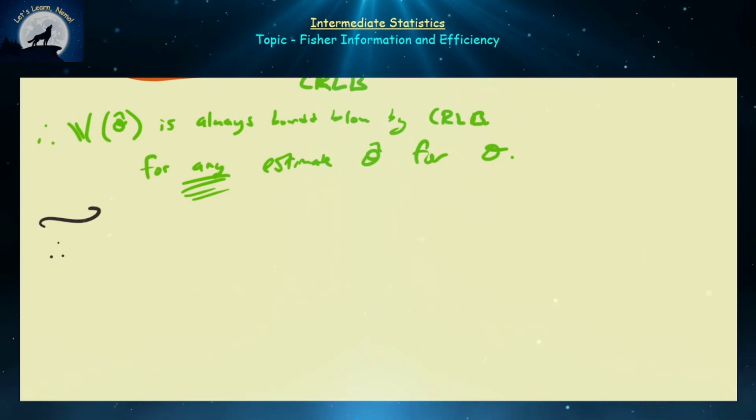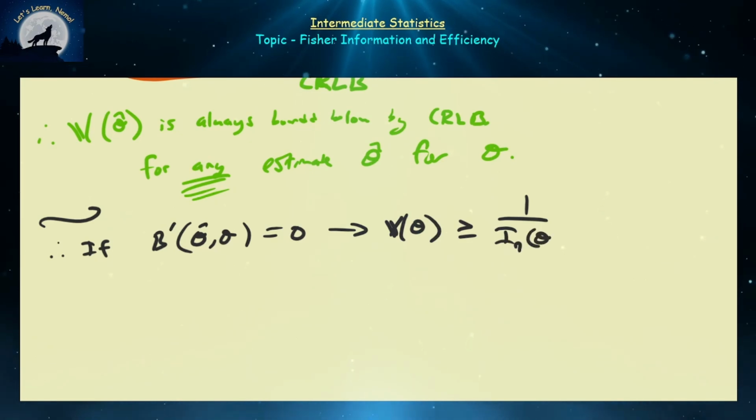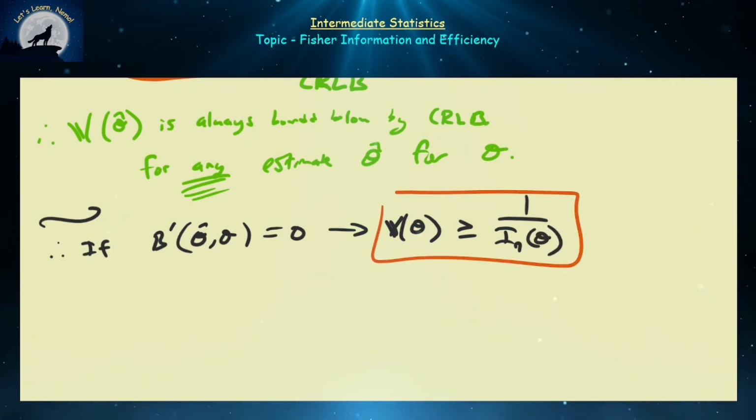Right? So if, for example, the bias of theta hat for theta is equal to 0, then this Cramér-Rao inequality simplifies to the variance of theta hat will always be greater than or equal to 1 divided by the Fisher information for that. Agree? And you should be able to verify that I_n(theta) can be scaled by the information of one individual provided some constraints. So for example, for the lambda parameter for the exponential random variable, that was equal to n divided by lambda squared. So ideally,